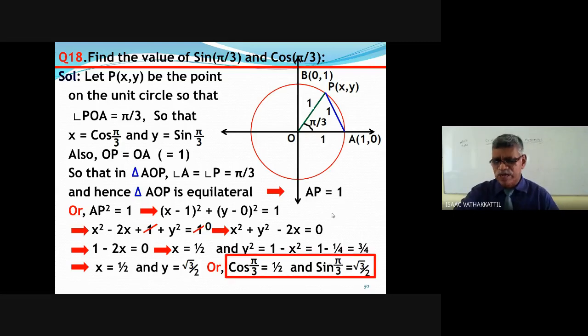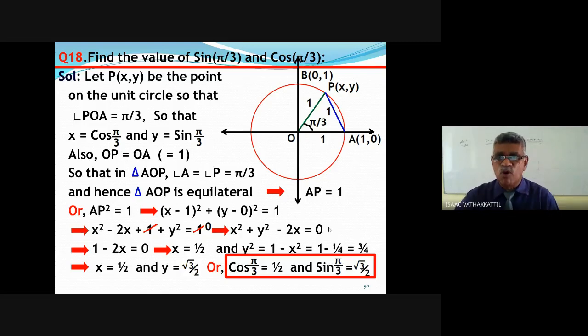Of course, we know this value, we have derived it in another way in Form 10 also. But here remember, we can easily find cos pi by 3, cos 60 degrees, 1 by 2, sin pi by 3, that is sin 60 degrees, root 3 by 2. You'll remember, retain this value. We may not derive many. If you want, you can derive with your own way.